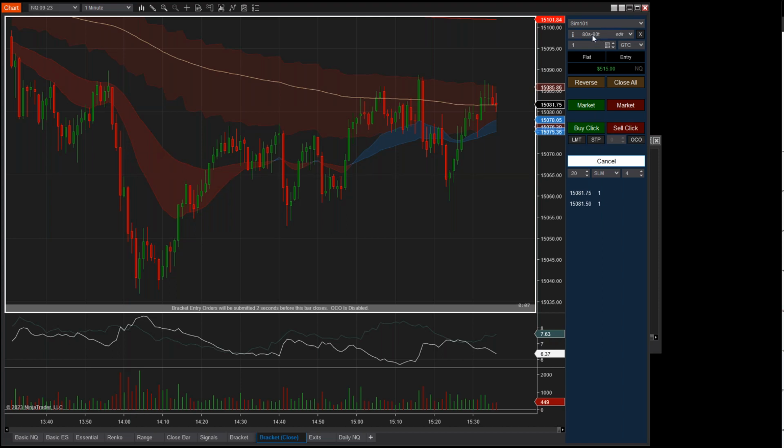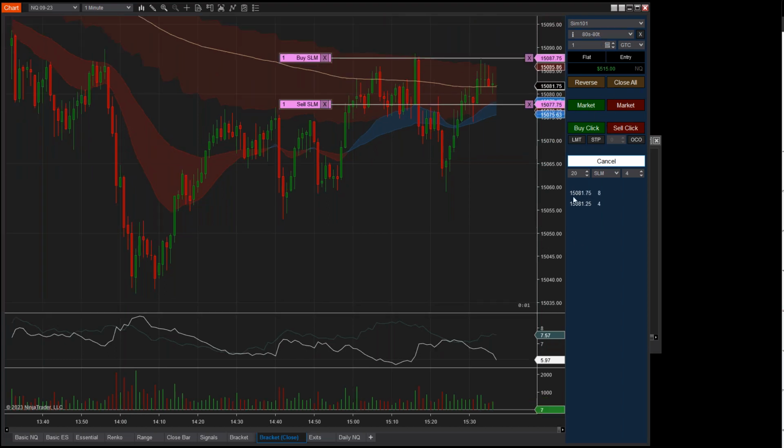And I have an ATM strategy configured with my profit target and my stop loss, just like we're used to, right? So there the orders are in 2 seconds before the bar closed, as an example. So that's bracket entry. So that I would say today, it's not a complete overview, but it wraps up what I'm going to have time to talk about today for entries.